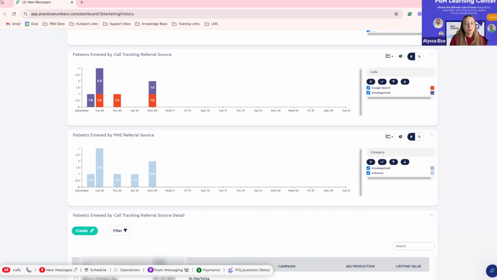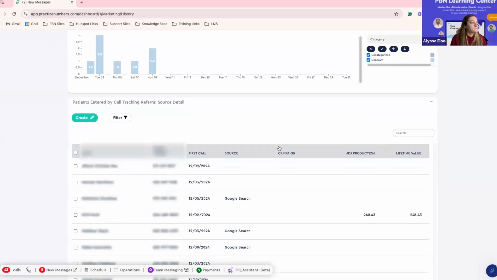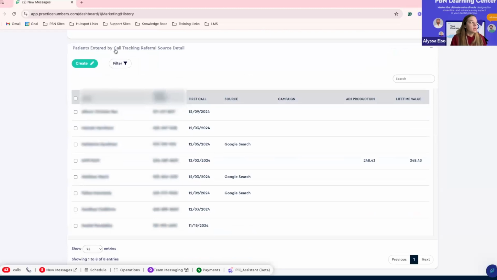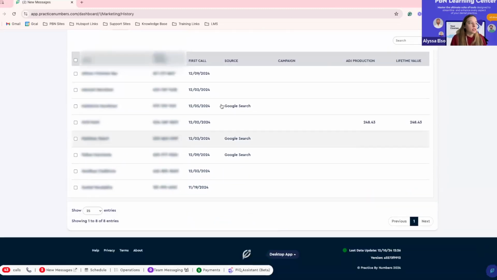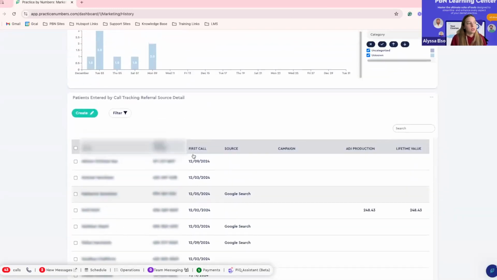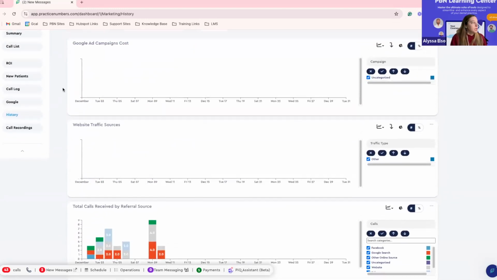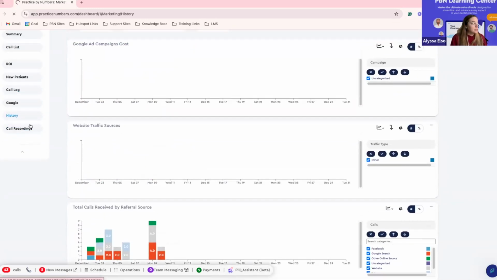We can connect after this call, Claudia, to try to get that set up. Sometimes you just have to unlink it and relink it, and that should typically tends to work for Google connections. And then down here, it'll have patients entered by call tracking referral source detail. So similar to some of the other sections. And then lastly,